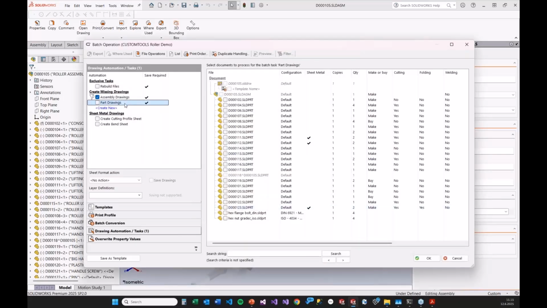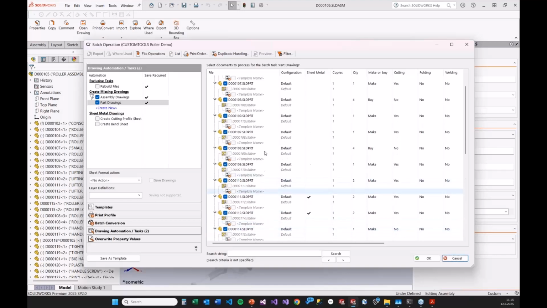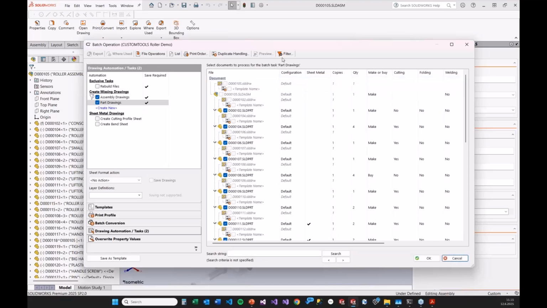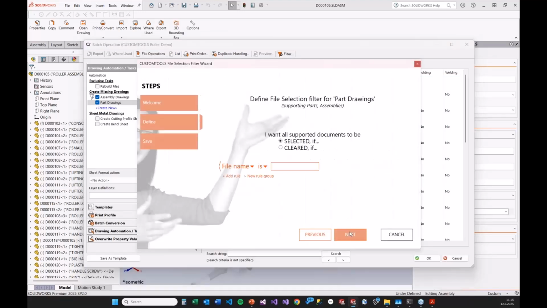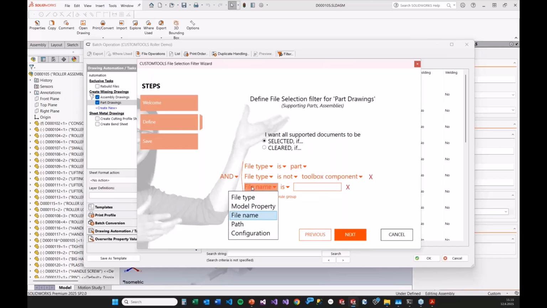And for this, let's select the rule. I know that some fasteners are used, so I don't really want to make drawings of my bolts. So what I can do here, I will again create a rule that file type is part. That is correct, but I don't want my file type to be toolbox component,